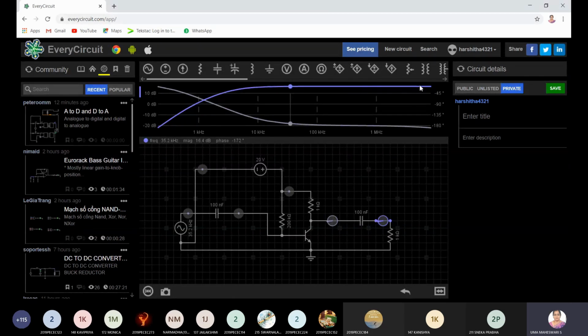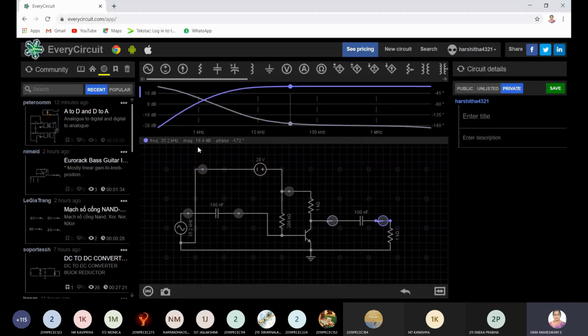Okay. Now, can you just see and tell me what will be your midband gain? This is all your midband gain, no? Yes or no? Because your blue graph is constant, right? So your midband gain is how much? Approximately. See, this is low frequency region. This is your midband region, right? Now my cursor is in midband region. So how much are you getting your gain displayed there? 16.4. Okay.